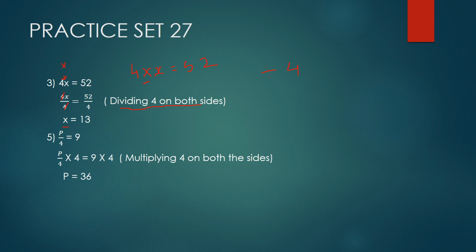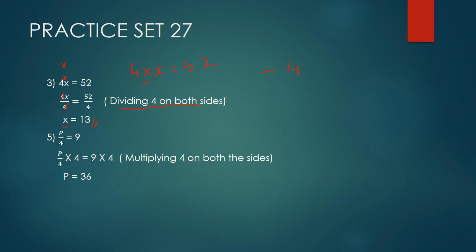So this 4 and 4 ones are 4, 4 ones are 4 gets cancelled. You're left with only x, and 4 13s are 52. So your answer is 13. So for this, children, we have now immediately got the answer. That is because I know the table a little better than you all. So for you all to solve the sums faster, you need to know the tables quite well. Okay.